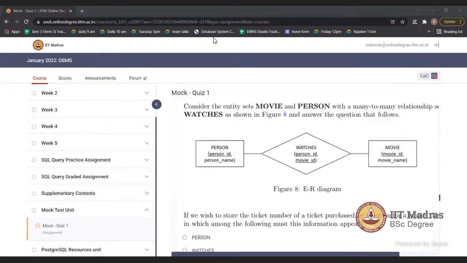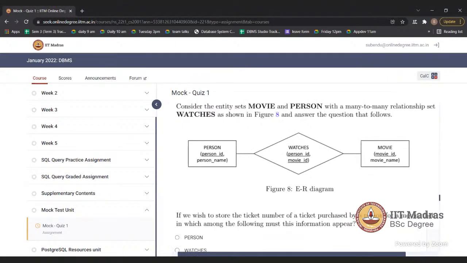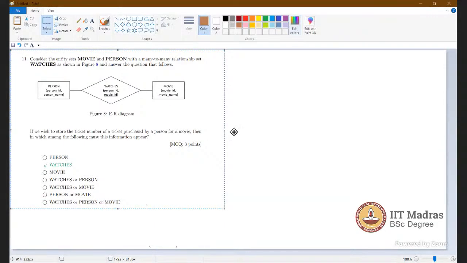Here you can see that we consider the entity sets movie and person with many-to-many relation. Subindu, can you stop sharing? This is the question, right? The question is: if we wish to store the ticket numbers of the tickets purchased by a person for a movie, then in which of the following must the information appear?